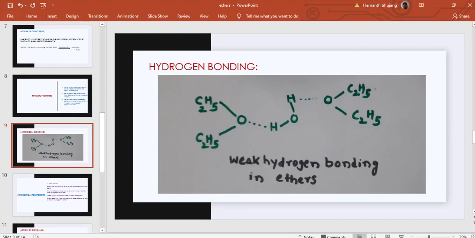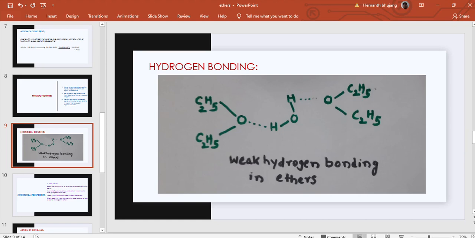So now the reason that their solubility is less. This is diethyl ether. This is also diethyl ether. And the oxygen present in this ether is generally called ethereal oxygen. The ethereal oxygen is involved in hydrogen bonding, a weak van der Waals force of attraction existing between the oxygen of ether and the hydrogen of water. On the other side we have one more hydrogen which is free, and that is also involved in forming a hydrogen bond with a second ether molecule by involving its oxygen.